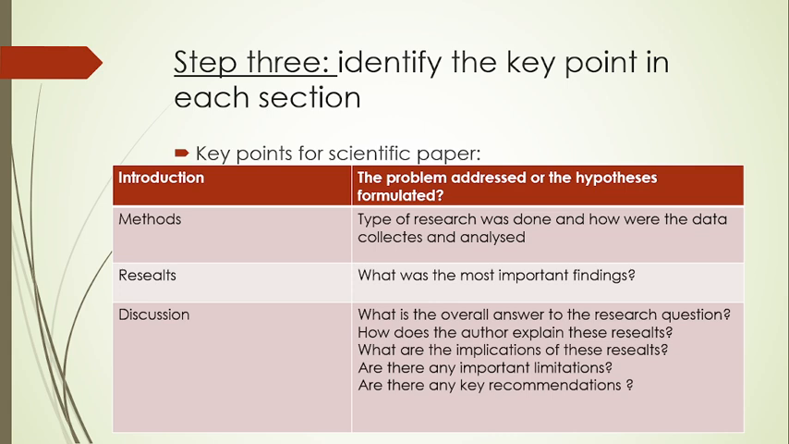For the second section, for example, on methods, we search what type of research was done and how the data were collected and analyzed. For results, for example, what were the most important findings? We search and we must understand the most important findings or most important results. For the final section, discussion, we must give an answer